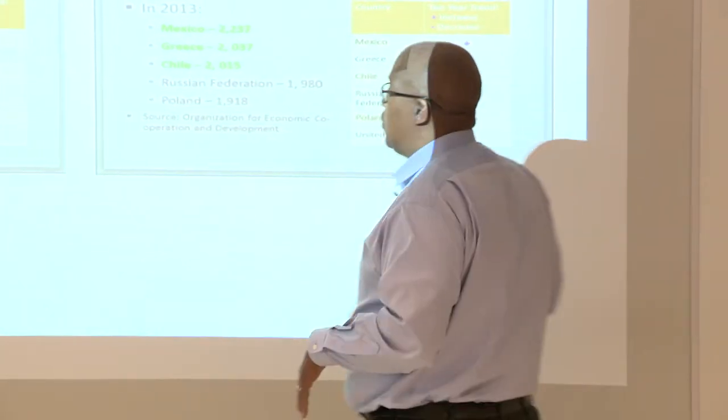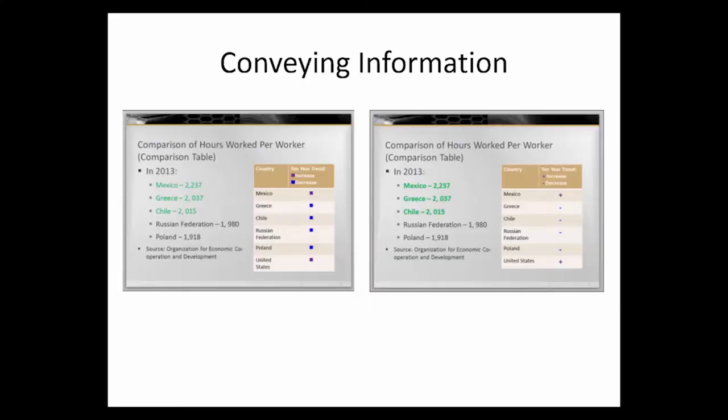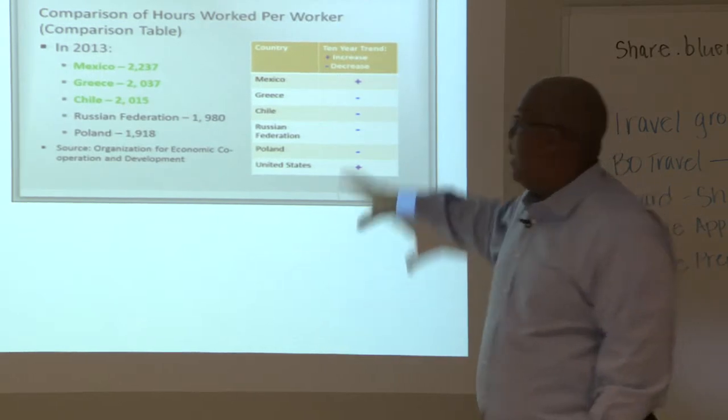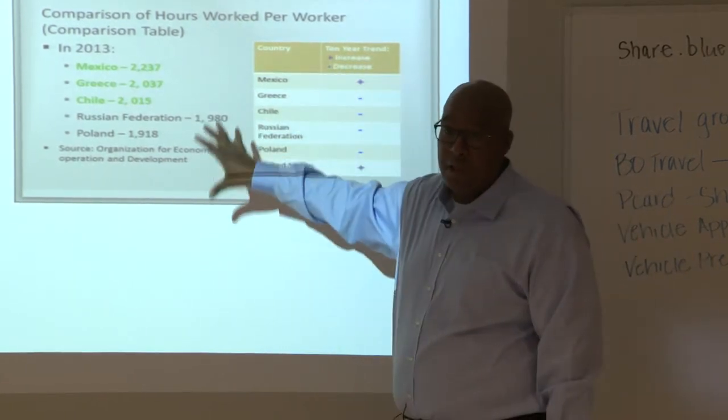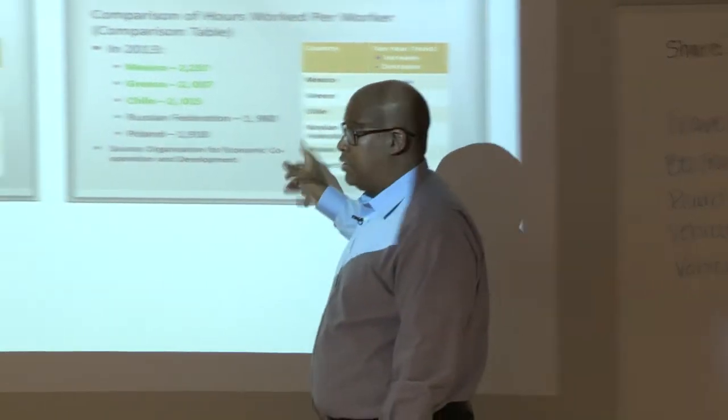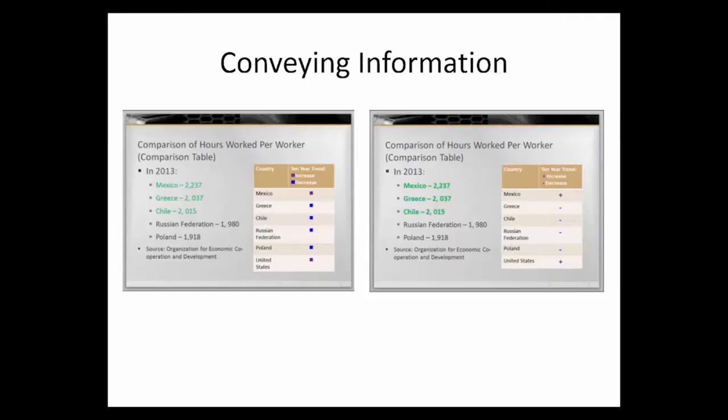But I had a geography instructor, and she wanted to use these purples and blues for this comparison chart. And my only recommendation to her was, let's not use color alone to do that. So we use pluses and minuses over here, and I argued that this is better usability and this is better pedagogy. I think this chart is easier to understand than this one. Okay, so that was my argument. This is just a little easier to understand. Whether they can distinguish colors or not, most people know what pluses and minuses are.